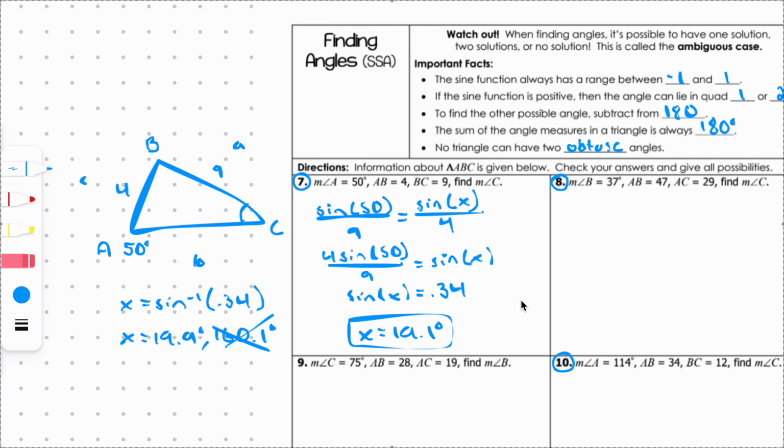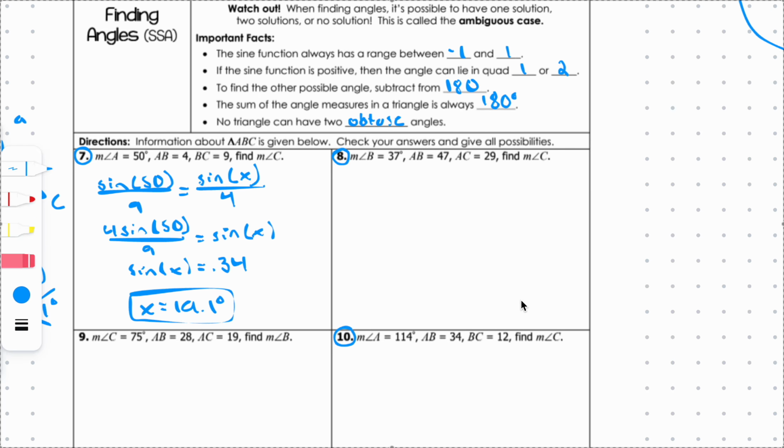Okay. Now let's try number 8. I'm not going to draw this out, but we're going to try to solve this without drawing it out this time. So we're given angle B, side AB, and side AC, and we're trying to find the measure of angle C. So I know that the measure of angle B is across from AC, so these two are pairs,